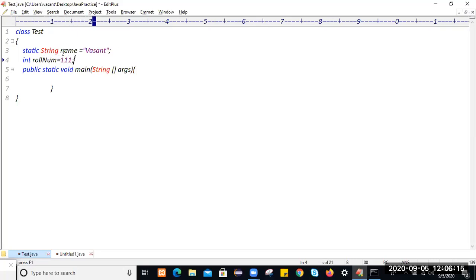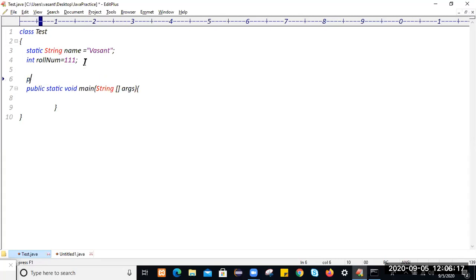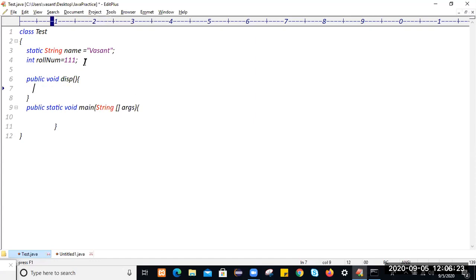So I will take public void this method. This is an instance method. As you know, if you don't have any static keyword with the method, then that method will be treated as an instance method, and that method area will be treated as the instance area.